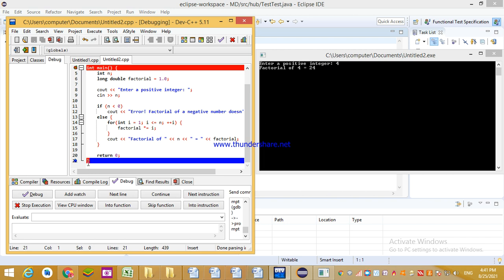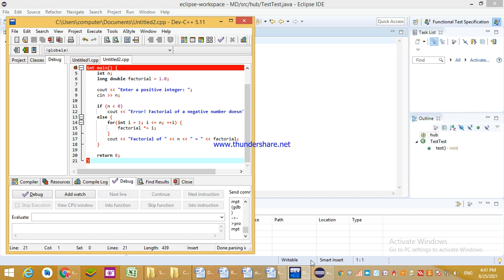Then it is showing the control goes to the last curly bracket. I am clicking again on next line. In this way, we have checked each and every line by using this debug system software facility. As there is no error and warning over here, the flow of the program goes line by line, right? And finally it shows the output.